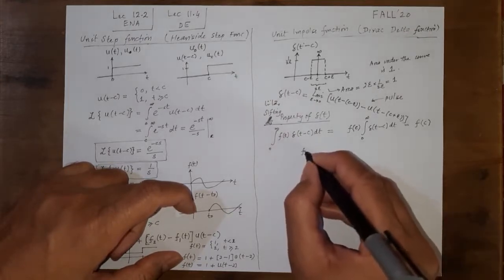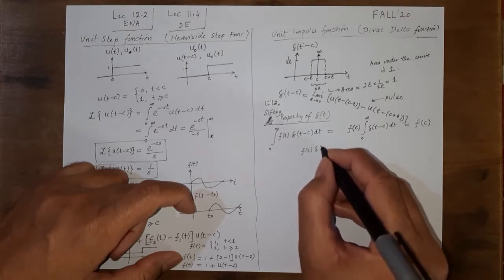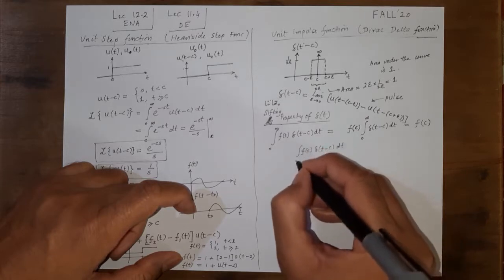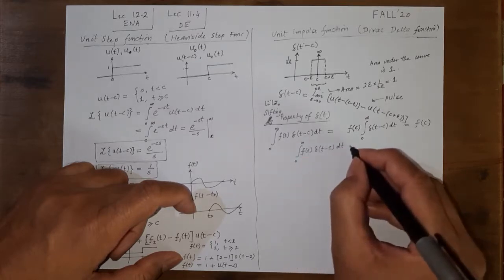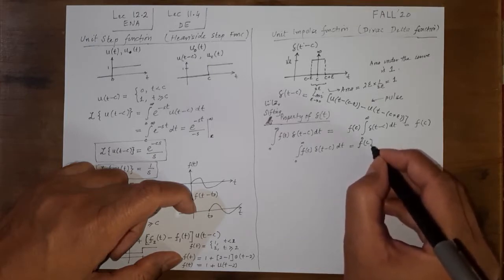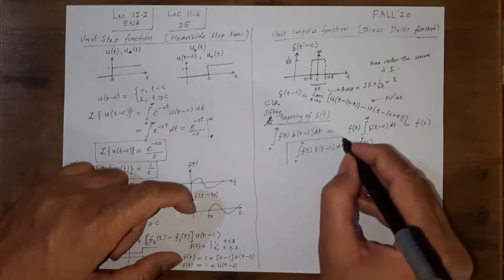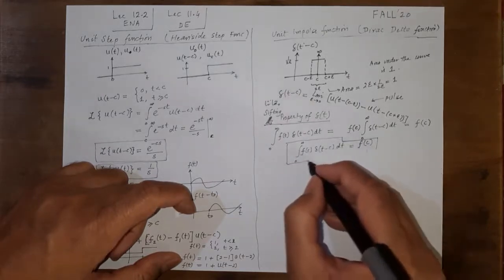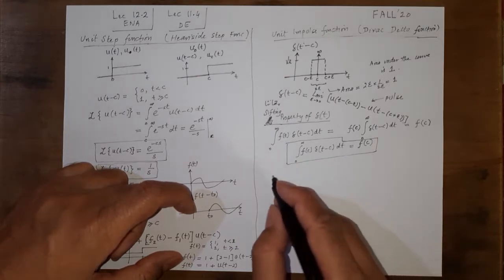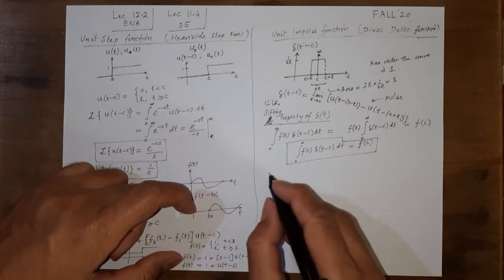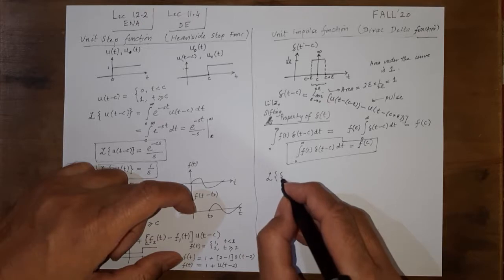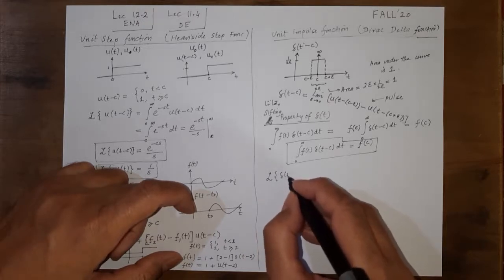So any function multiplied by an impulse and integrated over all the time is going to get you the value of the function at the location of the impulse. So being a useful result, let me just enclose it for reference. So now based on this property, it will be easier for us to understand how the Laplace transform of an impulse at c